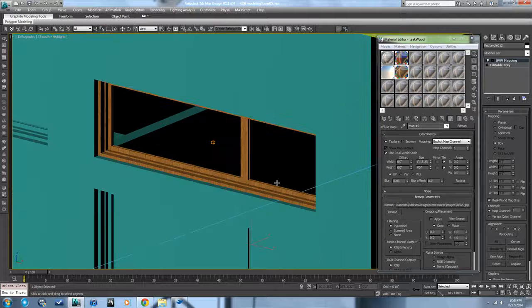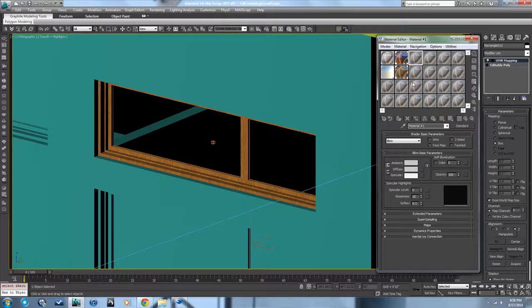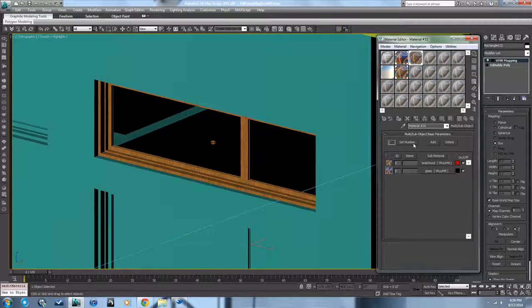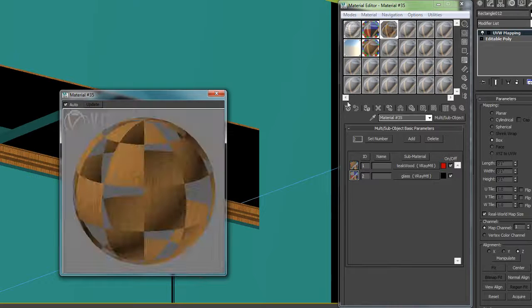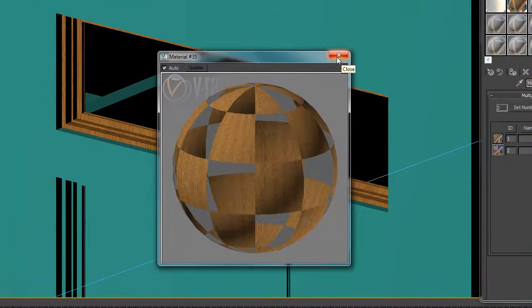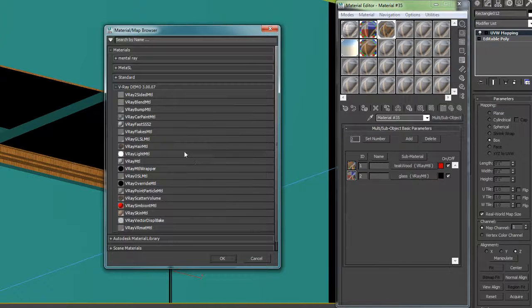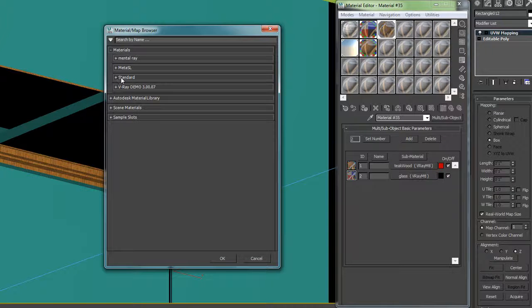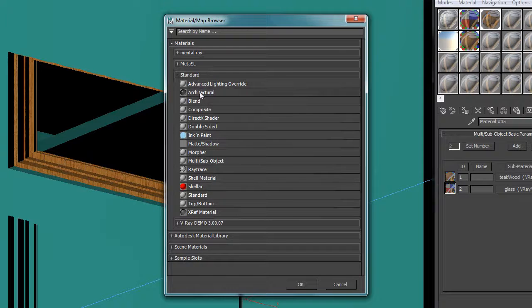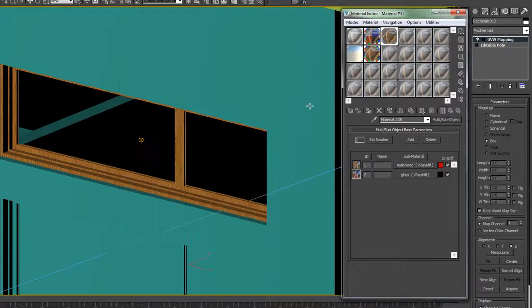Now that we've done that too, this one object actually has two materials on it, and they're these two materials here. But you can actually get those two materials together. So if you take this pick material from object button here, this little eyedropper, and select this like that, it's showing you a different kind of material. Because when you apply materials in sub-object mode, it actually creates a new material, and it's called a multi-sub-object material. And you can see in here, multi-sub-object is just a standard kind of material. It's right here, multi-sub-object. And what it does is,